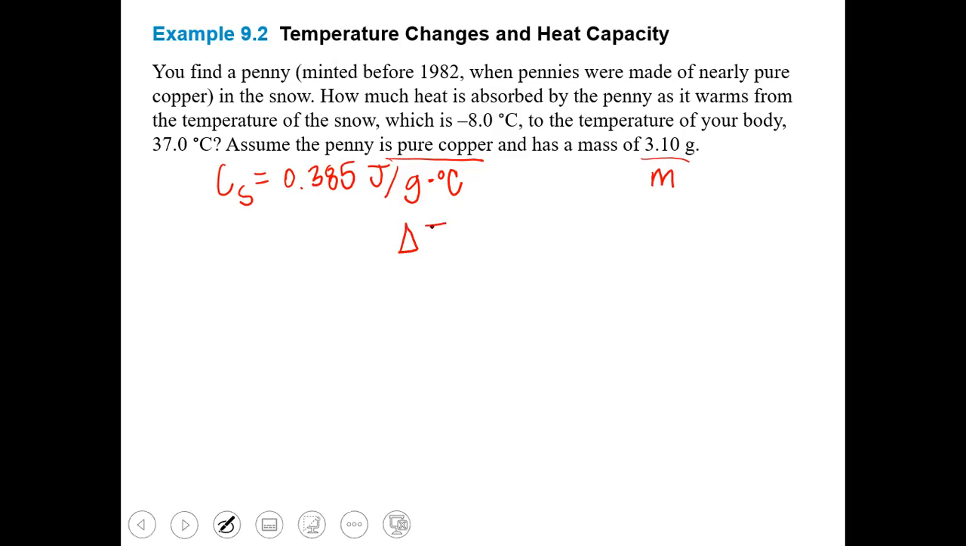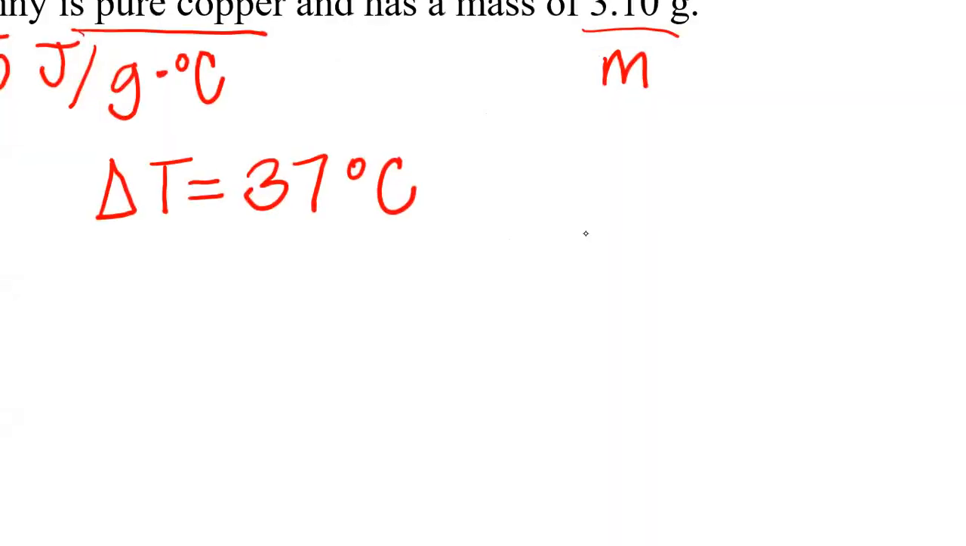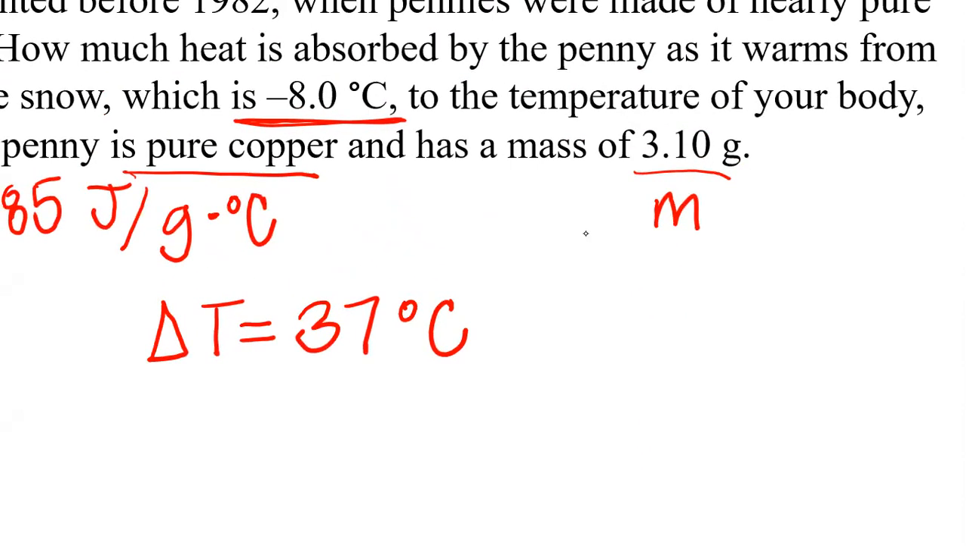So delta T is my final temperature first. So it says that originally my penny is -8 degrees Celsius. It's going to warm up to 37 degrees Celsius. So 37 degrees C minus, what did I do? Minus,